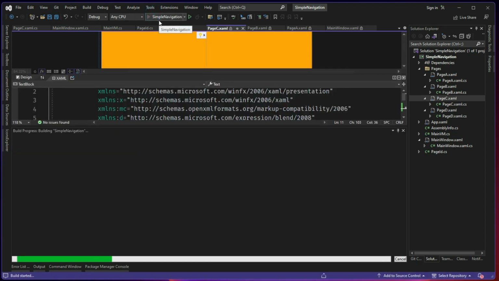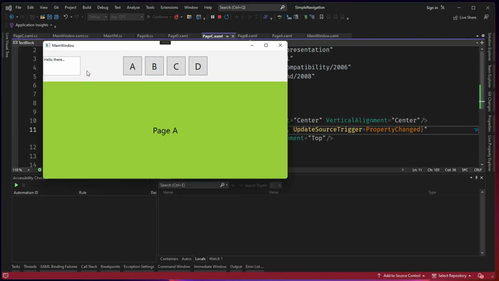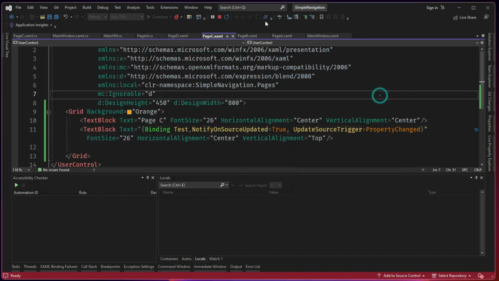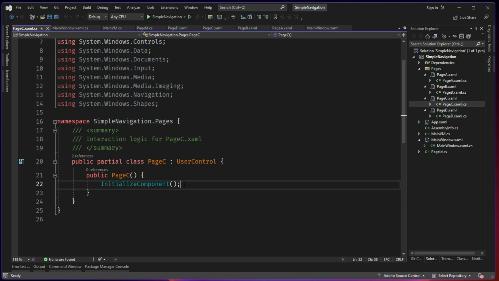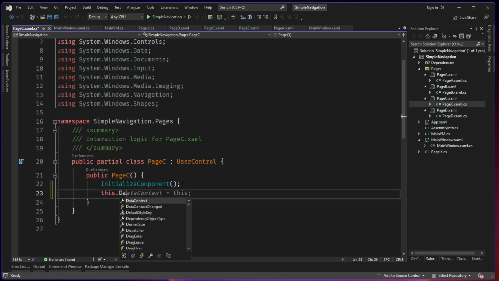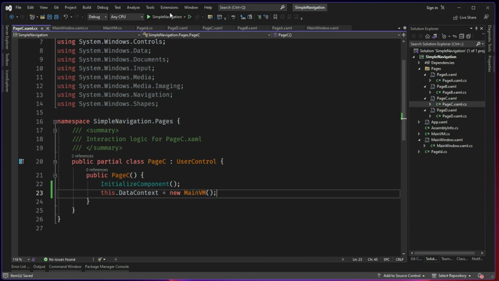Now let's see, it will not work. Usually we expect it to work, but it will not work. You see the page C, we still did not receive our message there. Now if you think you can achieve this by following the same principle as the main view model, like this, data context is equal to new main VM. Now you end up with another problem,